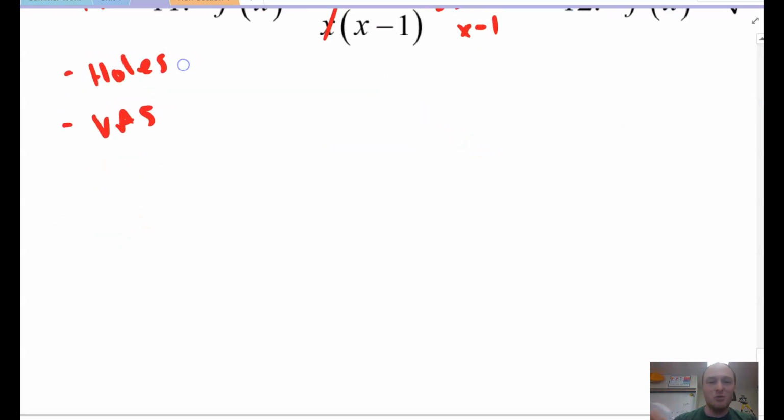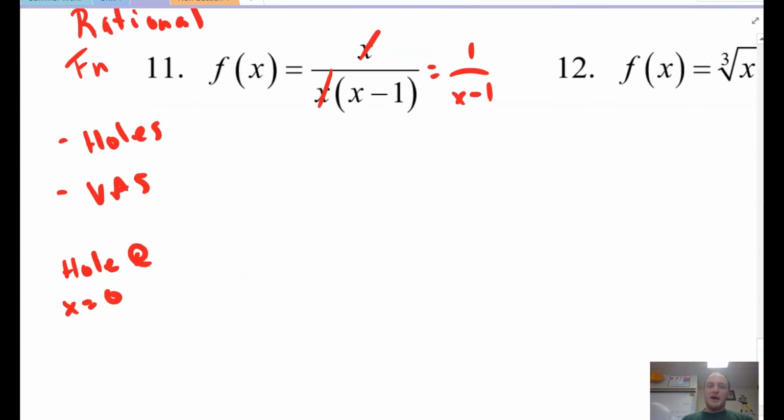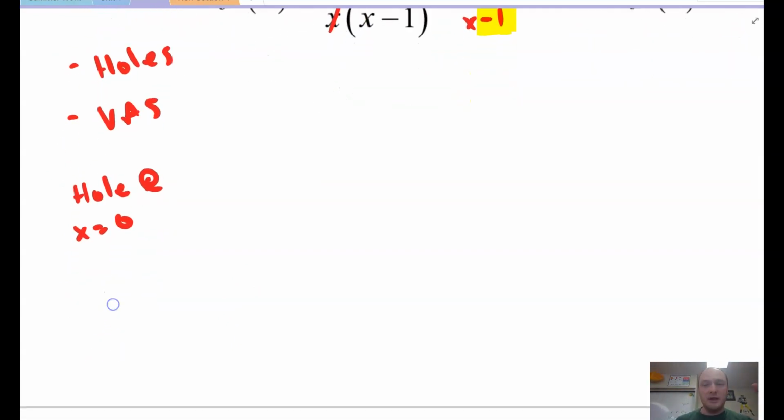What does that mean? Well, this means that we have a hole at x equals 0. And also, if we investigate down here, I have an x minus 1 value in the denominator, so that means I have a vertical asymptote